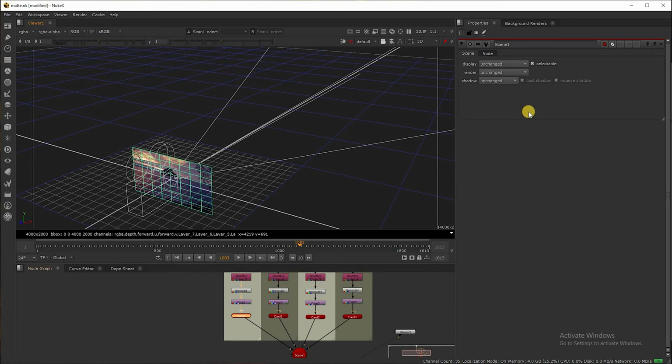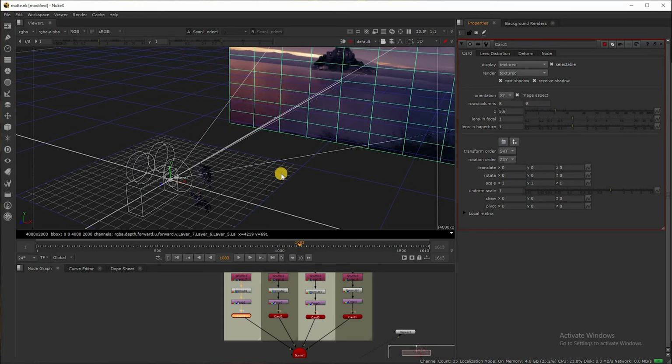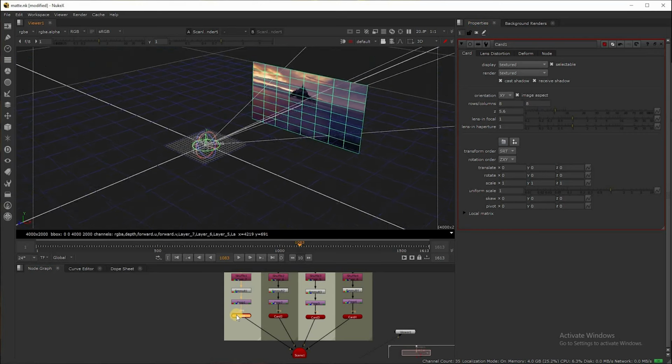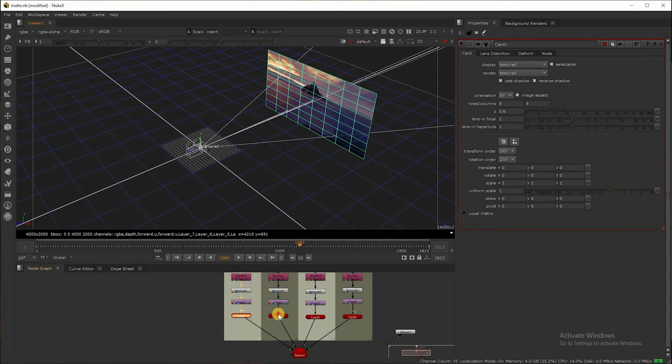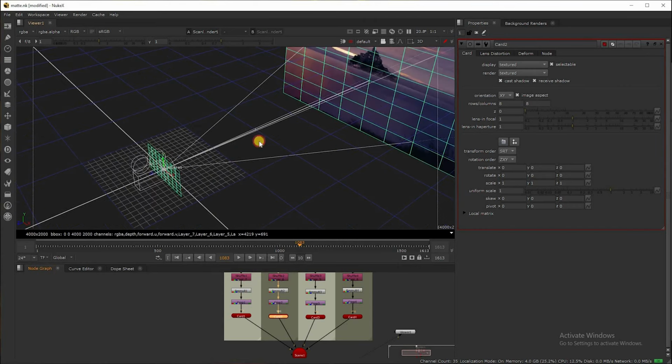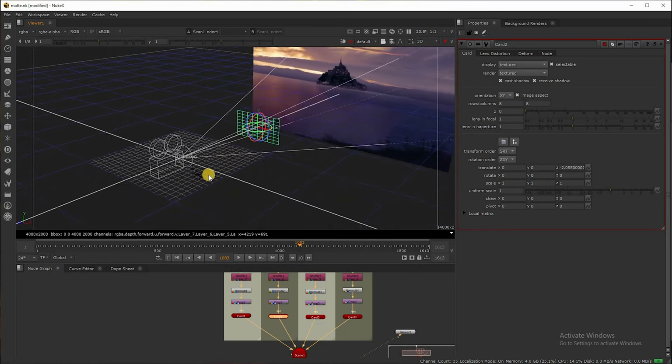Click on card 1, move it on the Z-axis. Next card 2, move it back. Again card 3, we need to adjust manually.